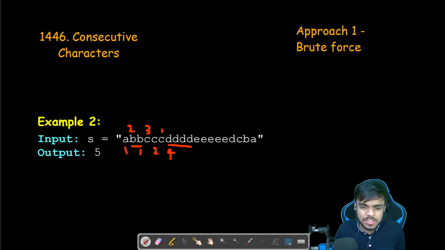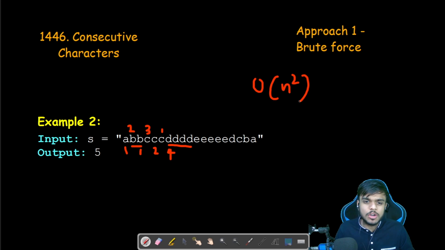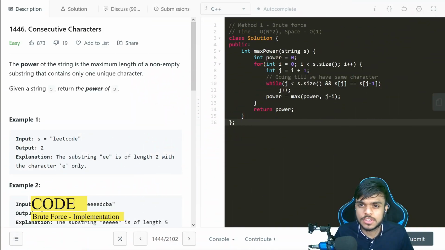For this approach, the implementation would go into O of n square because we would require 2 for loops nested inside each other. So this is not a very optimized approach, but this is the thing that comes to mind whenever we look at it, and it is a brute force approach. So this is the first brute force approach that we just discussed right now.